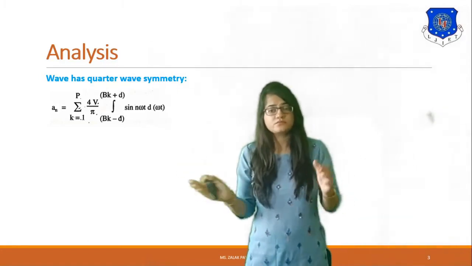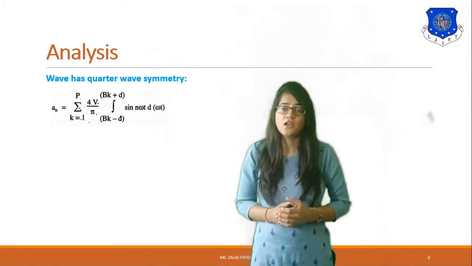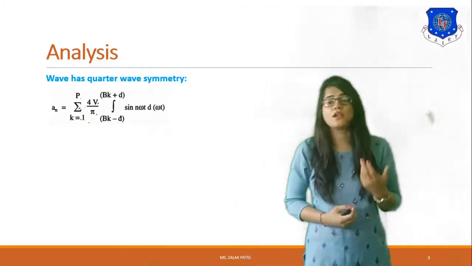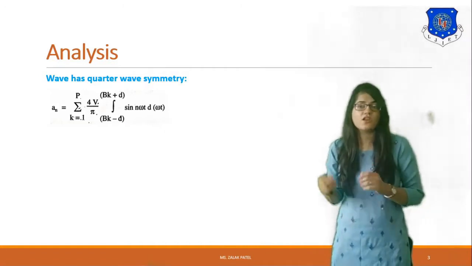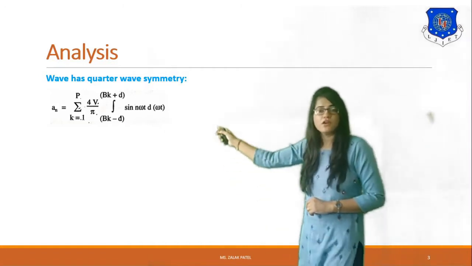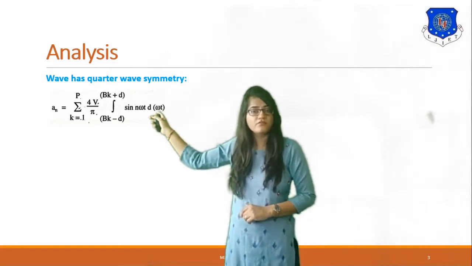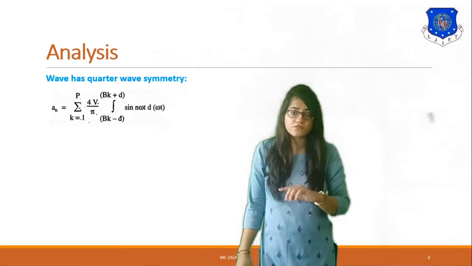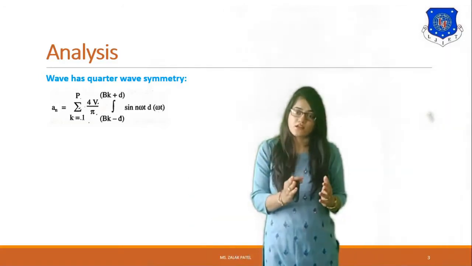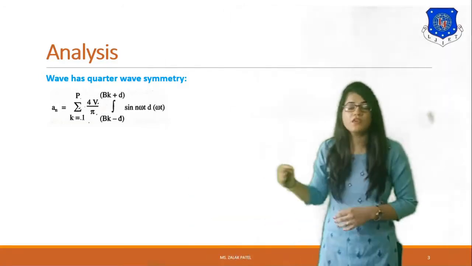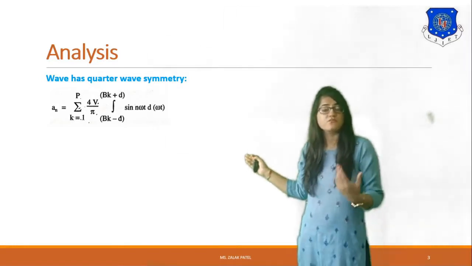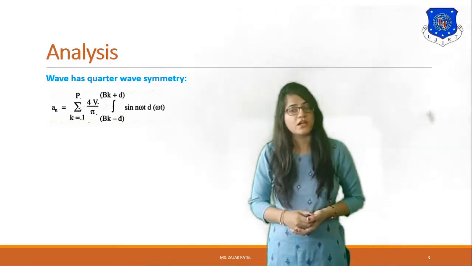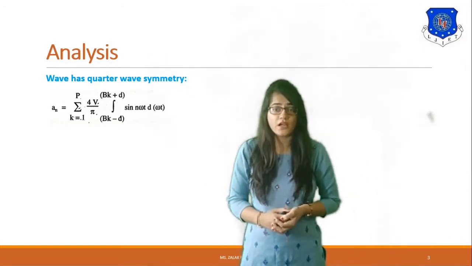Here all the pulses are created according to the firing angle, which is also called the delay angle, and is a multiple of omega t. That's why we integrate the term with d omega t. So for An, the first Fourier coefficient, let's take the summation from k equal to 1 to p of d/pi times the integration from bk minus d to bk plus d of sin of n omega t d omega t. Why do we take sin of n omega t?